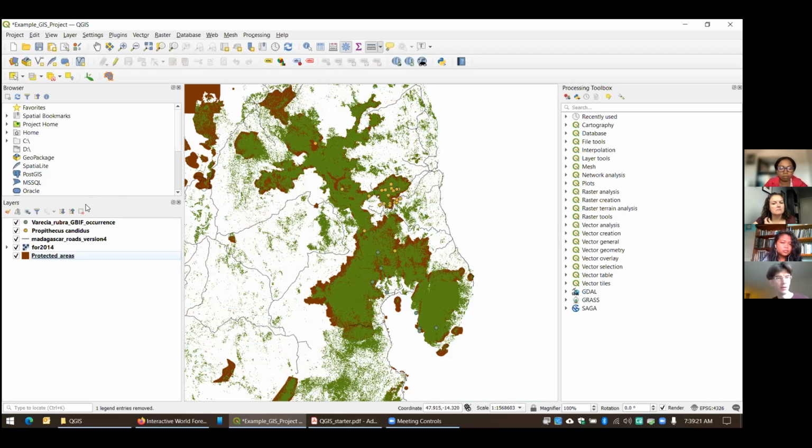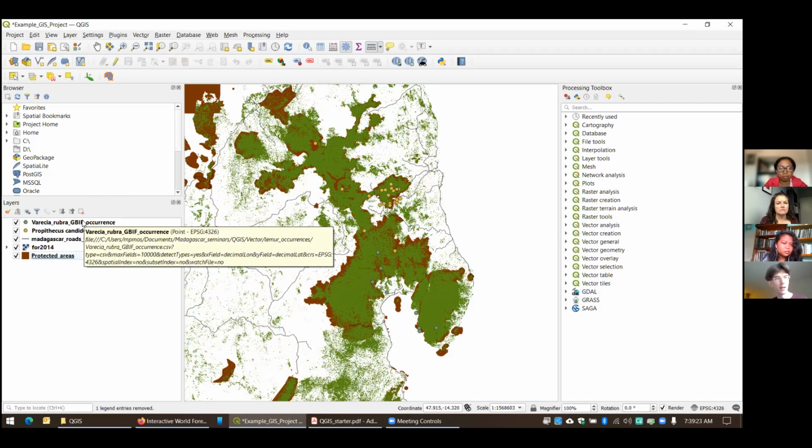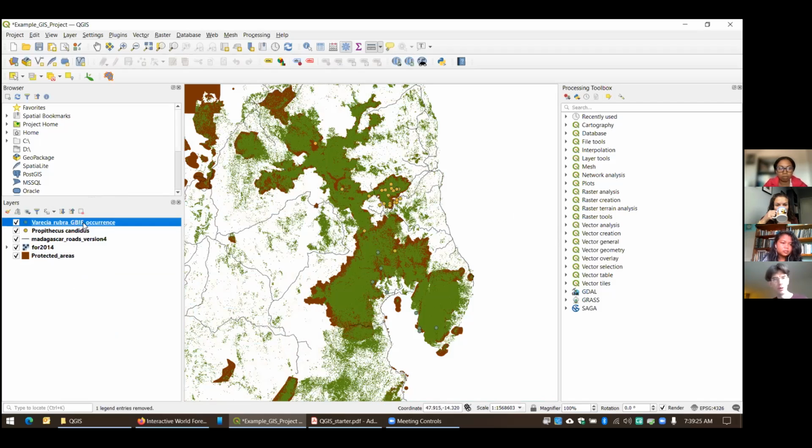So here are our data layers that we were looking at last time. I've got the red-ruffed lemur occurrence points, silky sifaka occurrence points, the major roads of Madagascar, forested cover from 2014, and then a set of polygons that shows protected areas in the area.